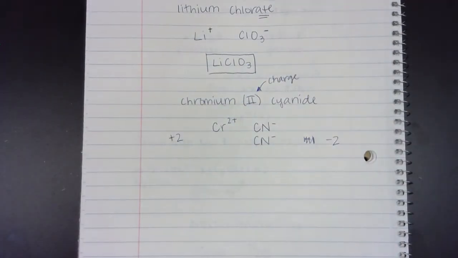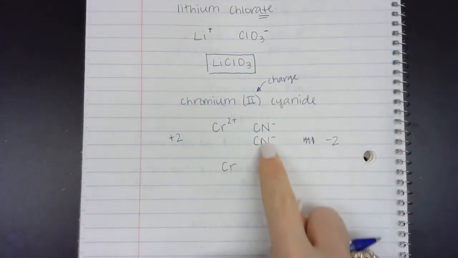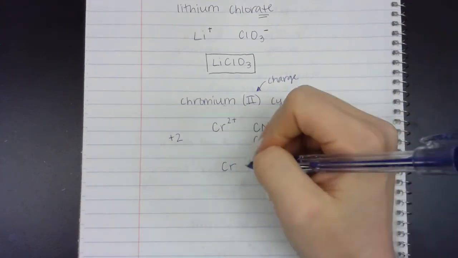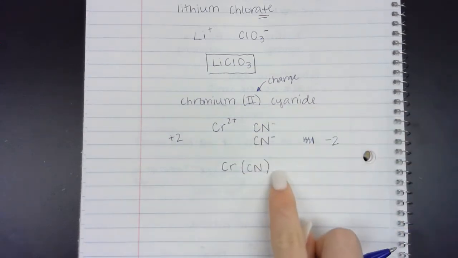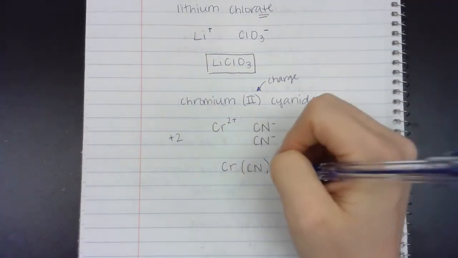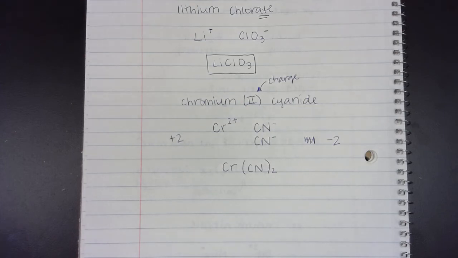Okay, so what formula am I going to write? Cr, and then I need 2 cyanides, so I got to group them together. I'm going to write CN, and then I'm going to put the 2 on the outside of the parentheses. Okay, how do we feel so far? Pretty good? All right, let's do